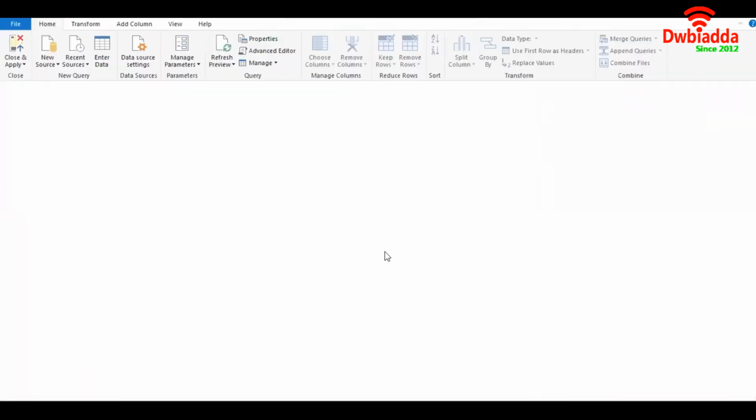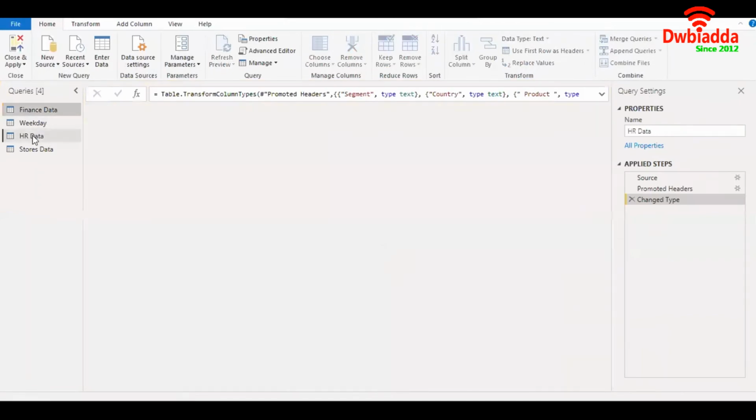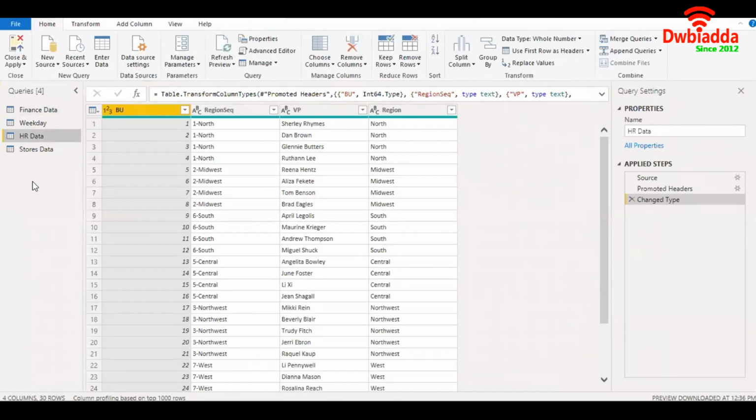Now let's go over to enable load. Let's say this table, you are using this table just for reference purpose and to merge a couple of queries and do certain other operations on the data, but you actually do not require this table or this query in the report builder format.